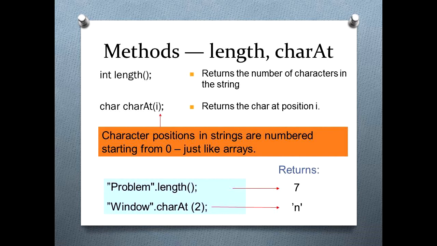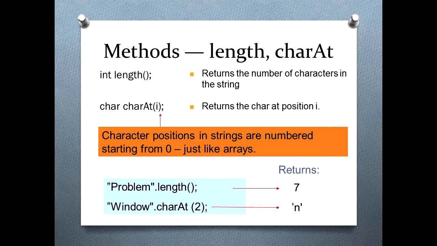So here we are finding the number of characters in the string. So, PROBLEM. Each character will have one number. When you total these numbers, it is 7 characters. So the 7 is being shown as the return, I mean to say the output. Whenever you use length, it will find the length of the string. Here the string name is problem. So the total length of the problem string is 7.